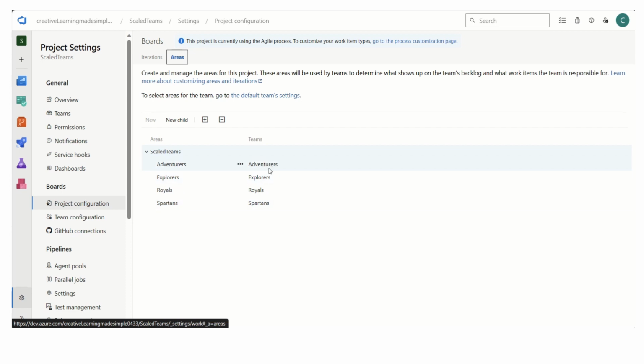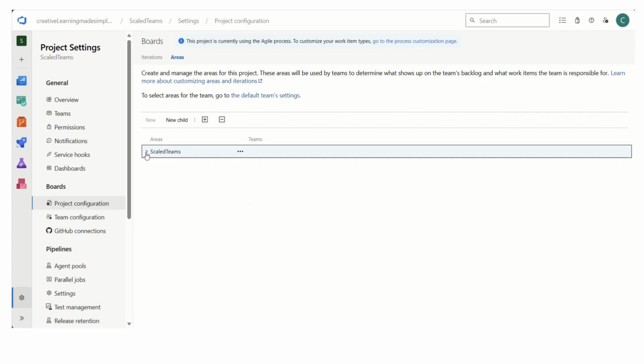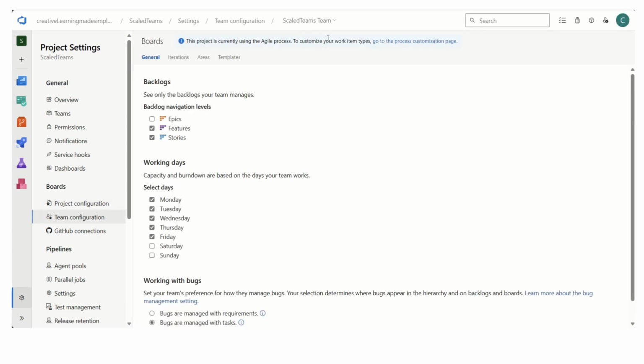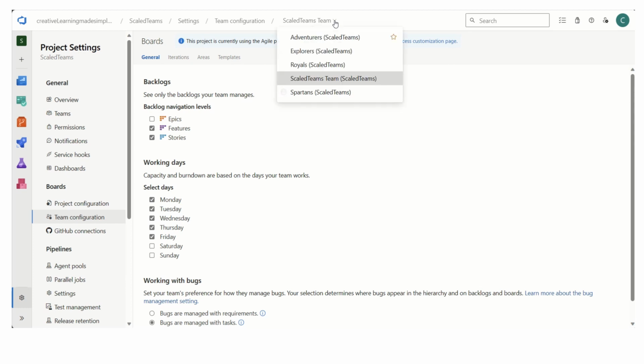That means my Adventurers team is using the Adventurers area. Explorers is using the Explorers. Similarly, Royals is using the Royals. Spartans is using Spartans, and they are all part of the very first project area. Okay, so now if I select the team configuration again, this is my default team. That means the default team has access to the features and stories. And if I select, let's say,